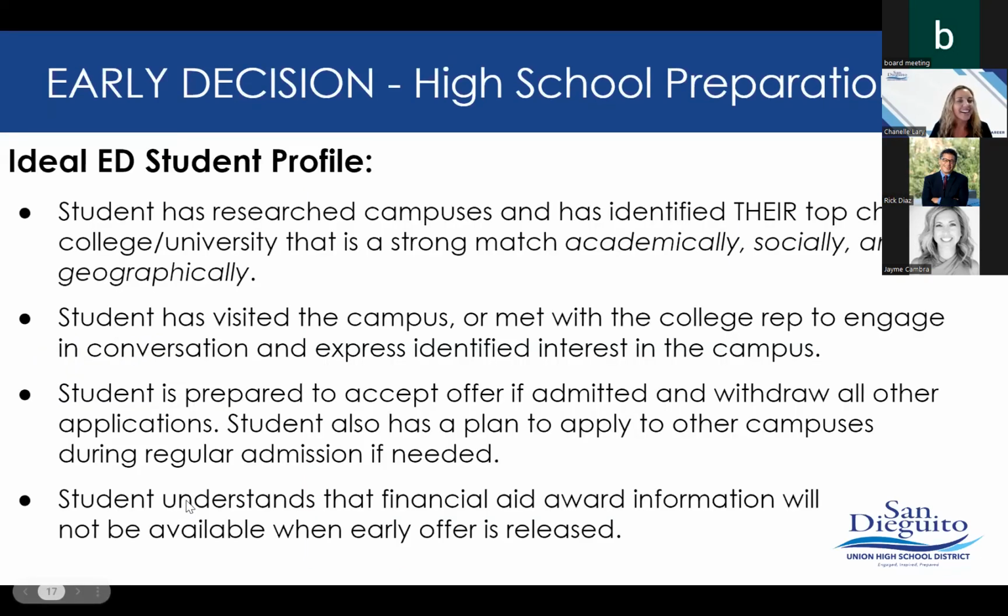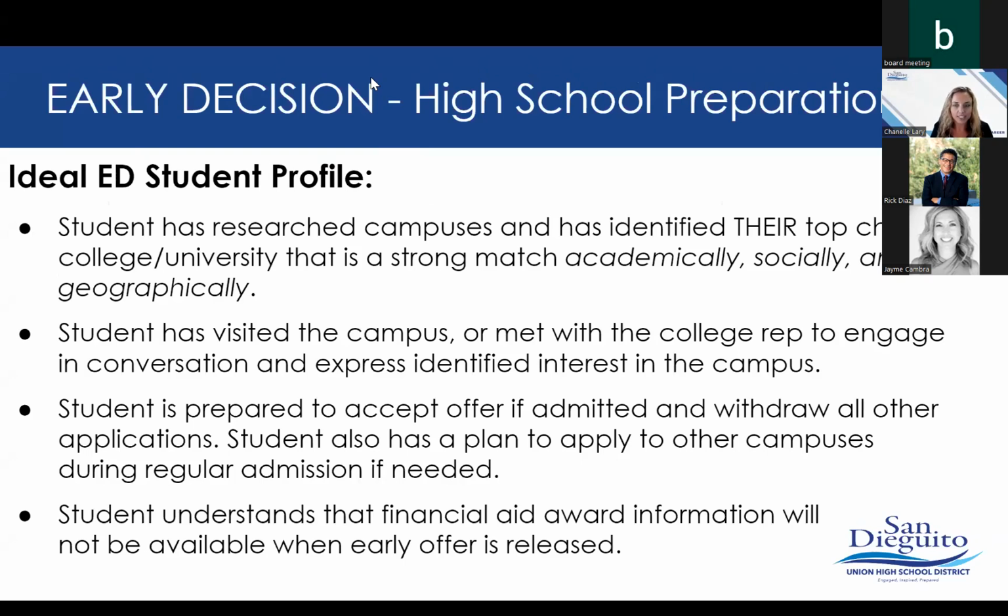All right, so the ideal early decision student profile: this student, if they are applying early decision, has definitely done their research and identified their top choice school. Oftentimes, this student has had this university in mind for many years, maybe since they were very young. This has been something that they've been dreaming of. They've worked extremely hard all throughout high school to make sure that they not only were meeting the requirements, but exceeding the requirements. And it's a strong match academically, socially, geographically. They would get in, they would go, they would study there, they would live there, they would love it.